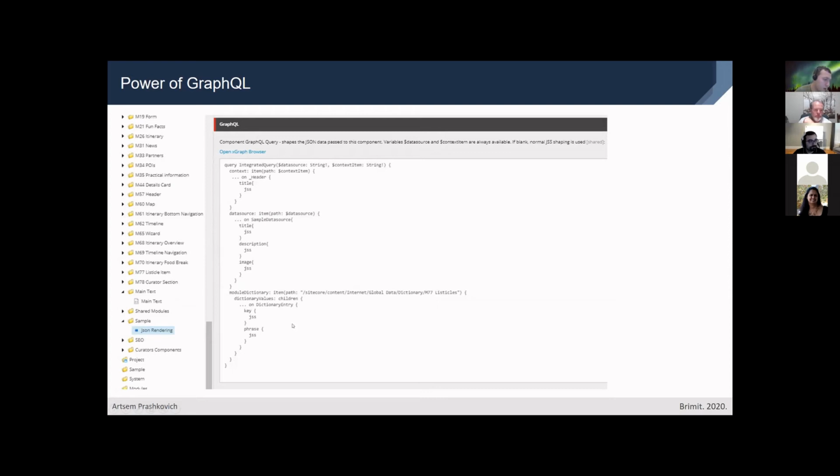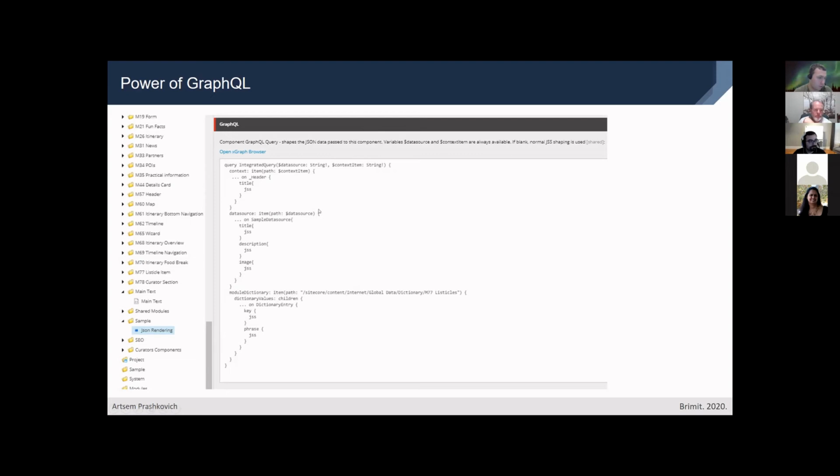I prepared an example of how we use the dictionaries. We don't use the out-of-the-box dictionary service provided by Sitecore because we always want to be sure that we don't receive any unnecessary data, because the default dictionary service responds with all dictionaries that the application has. But in our case, we built a custom structure of dictionaries where each component has the list of dictionaries related to it. And